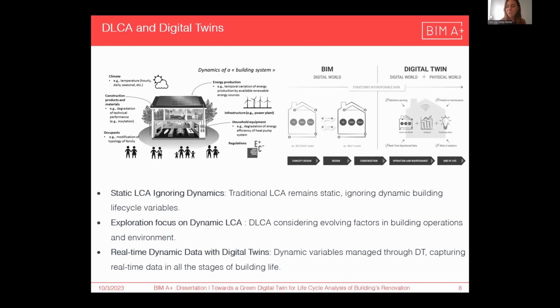to go even further. So basically, we understood that LCA analyses are usually static, but the building is dynamic. So there are a lot of components of the building that are changing during the time. That can be the climate outside, the occupants' behavior, the energy production, the material production, and so on. So to consider these dynamic factors, we could use a digital twin, which is basically a virtual representation of a building that can be